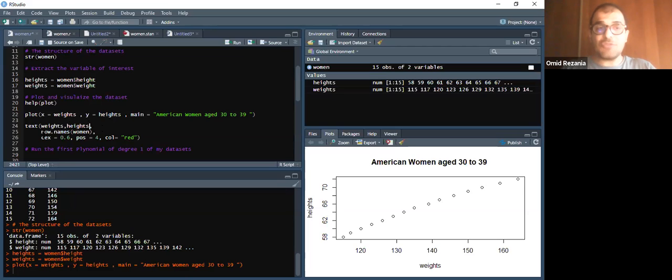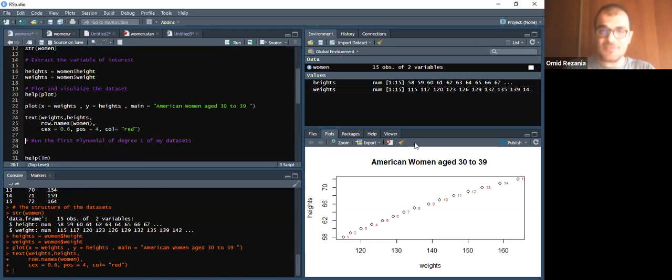You just write row.names and parentheses. You just put the name of the woman. And these two other things which I have written are going to be some variations of how I want the fonts of the name to be. And if I execute this, and if you look at the plots which I have done,